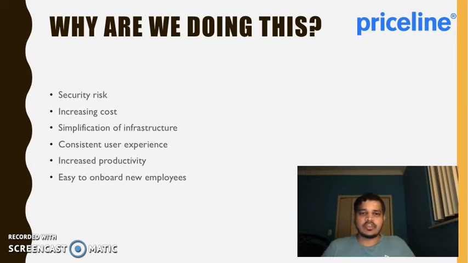We could have a very standardized process where we could swap the equipment easily, because each of the laptops is very similar. We would be able to support and fix those issues very easily, and it would improve the productivity for the employees. And most obvious is that it's easy to onboard new employees,